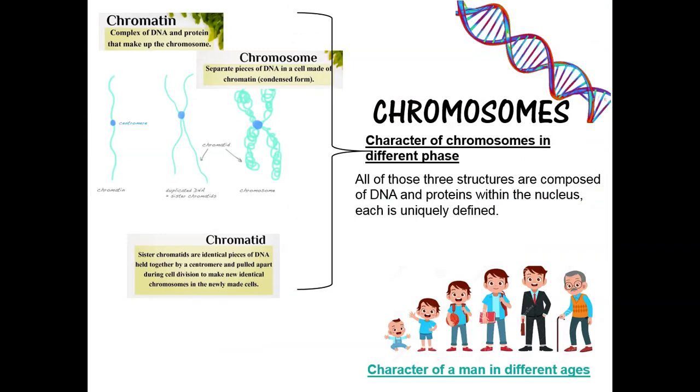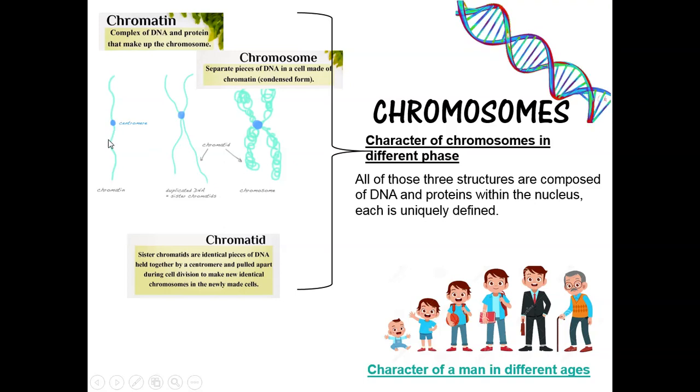Same goes to here. What I just want to tell you, you can see at the bottom part, which is the character of a man in different ages. All of this structure of the figure is human. But then, dalam keadaan umur dia berapa tahun, dia dipanggil sebagai kanak-kanak, bayi, remaja, dewasa. Kan? Tapi semua adalah manusia. Samalah macam dengan kromosom. Semua ini adalah kromosom, contain DNA dan juga protein dalam nukleus, tetapi wujud dalam keadaan yang